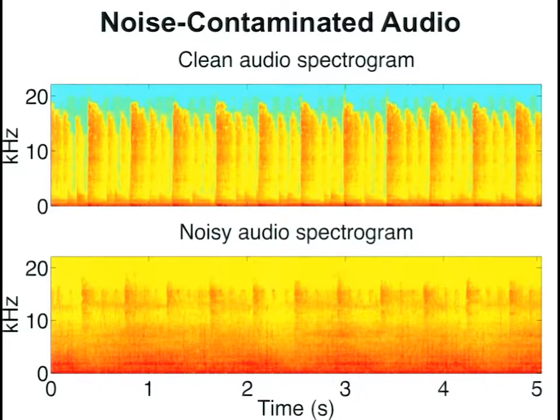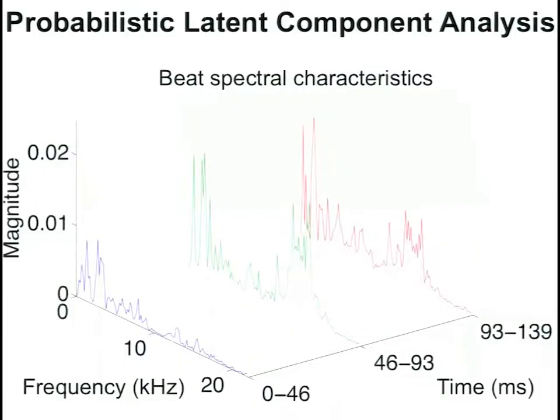As you can see in the bottom spectrogram, which is the same music but with some robot noise added in, the beats are much less visible. In order to work on this problem, I'm using a system that incorporates probabilistic latent component analysis. This is an algorithm that can decompose a signal, such as an acoustic recording, into the elements that comprise it.